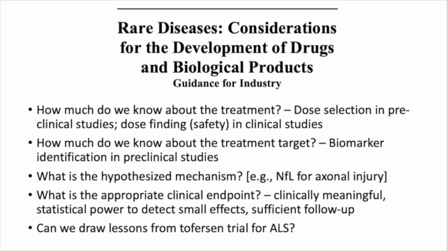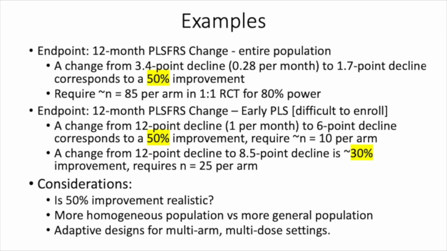How do you use your knowledge of diagnostic biomarkers as prognostic biomarkers? Some examples to illustrate how we can use a natural history study to determine the sample size and to inform the type of population and endpoints we want to look at. So just to think about using PLSFRS, let's say a 12-month change. If the goal is to change from a 3.4-point decline, which is what we observed in the natural history study, to a 1.7-point decline over 1 year, which represents a 50% improvement, an RCT will require 85 participants per arm,